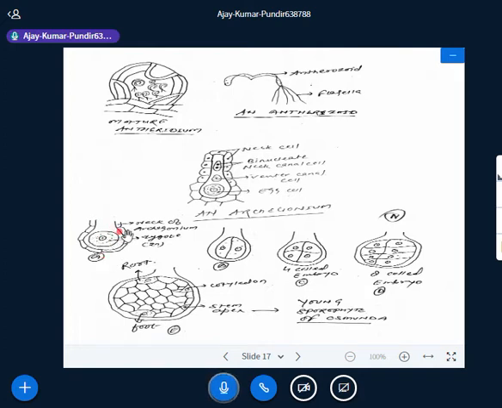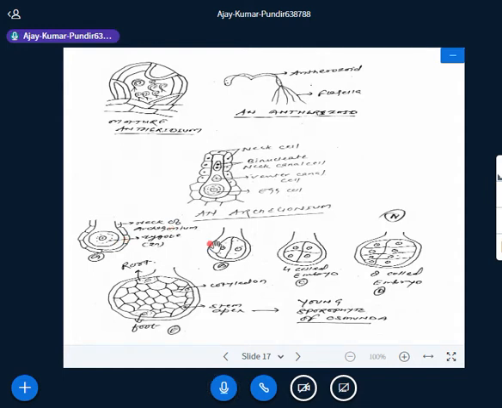The fertilization takes place at the base of archegonium. This is the neck of archegonium, and it is the basal portion of the archegonium in which diploid zygote is formed after the fusion of male and female gamete. The male gamete is so active, they are multiflagellated, and the egg cell is so passive and non-motile. So what happened? First of all, after resting period, zygote becomes large in size.